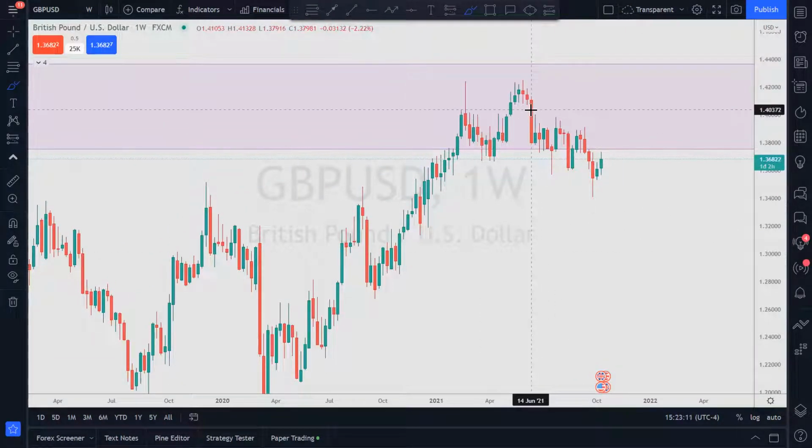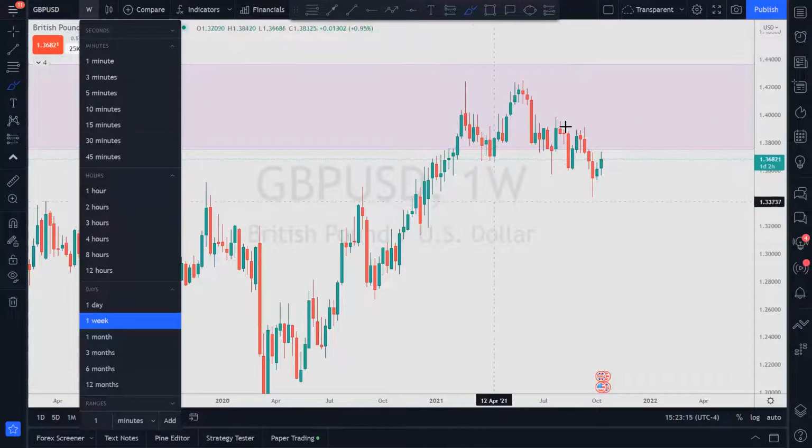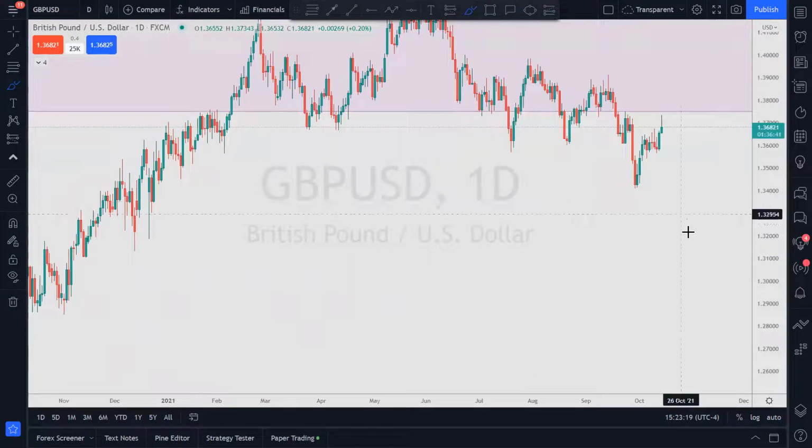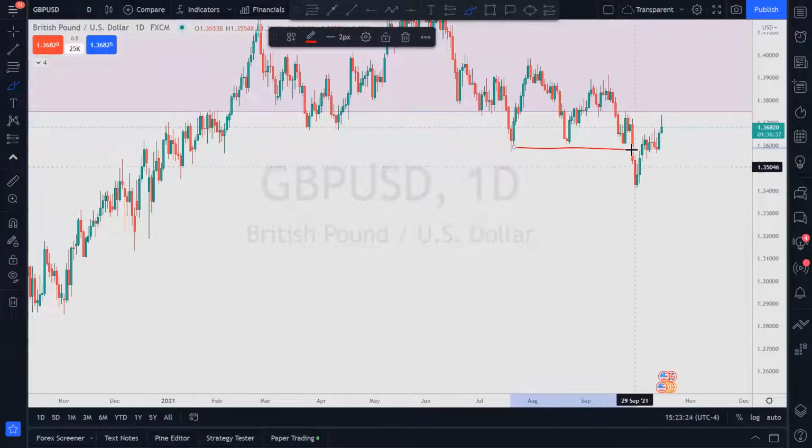All right, because we're looking for the 8 o'clock bus. Anyway, this is how you read that. If we go to the daily, we're taking it even a step further, and we're looking for that last break of structure. We can see we have a break of structure here, and this would be the first